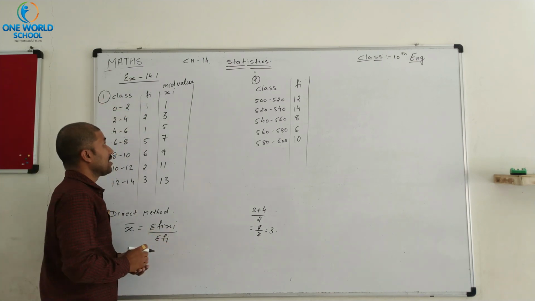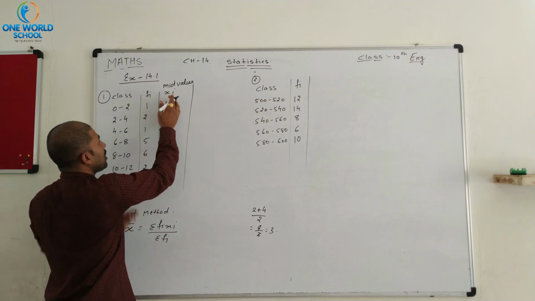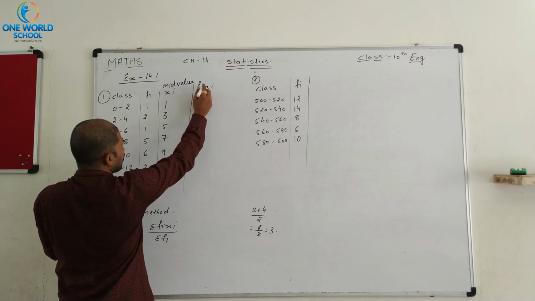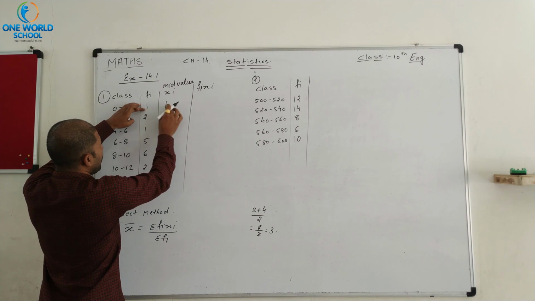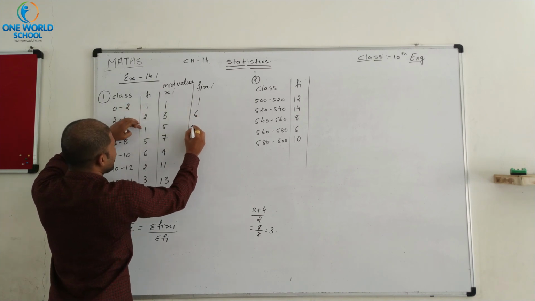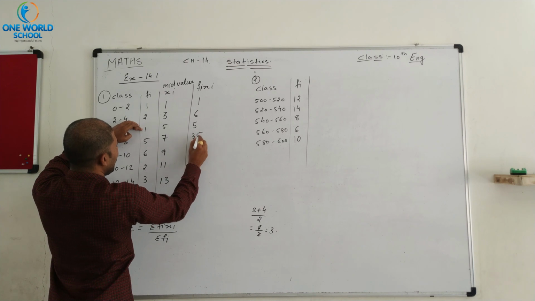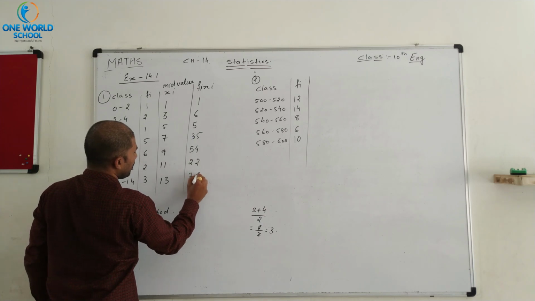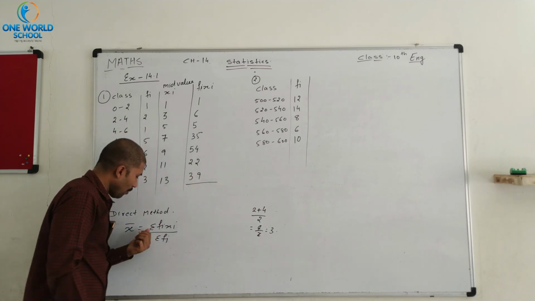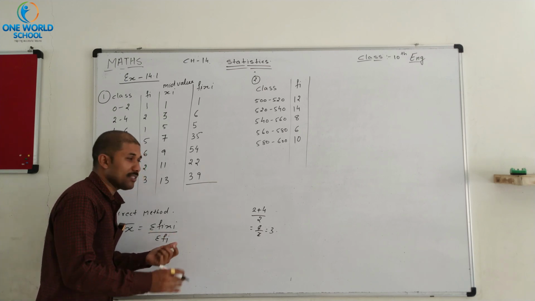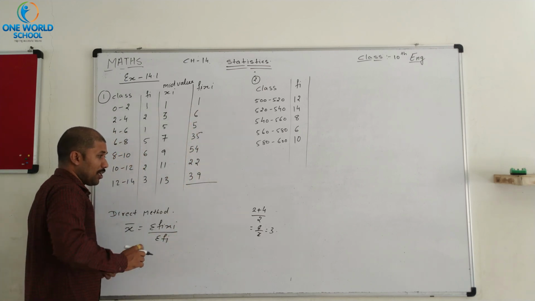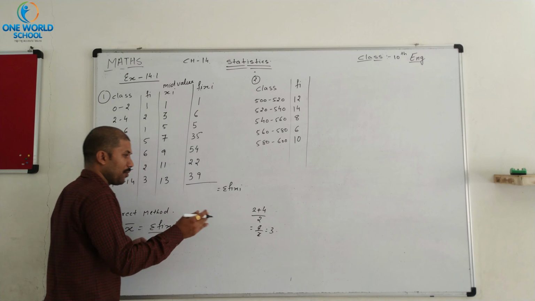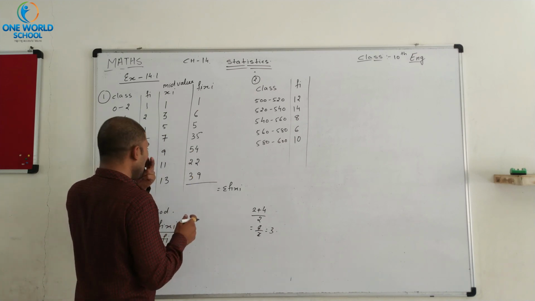Now fi xi, multiply fi into xi, बस दोनों का मल्टीप्लीकेशन करना है. fi xi, 1 into 1, 1, 6, 5 into 1, 5, 35, 54, 22 and 39. Now we require sigma fi xi, means summation of all the multiples of fi xi, whatever we obtain here. So add all the values, we are getting